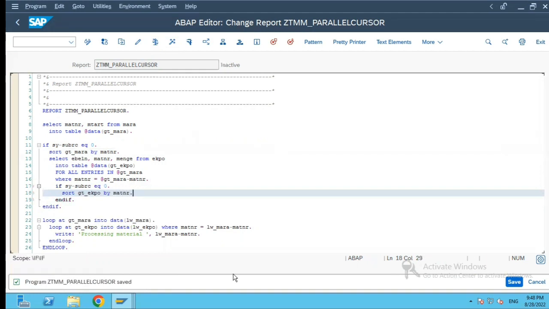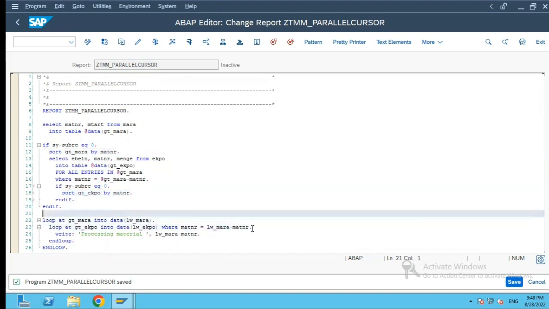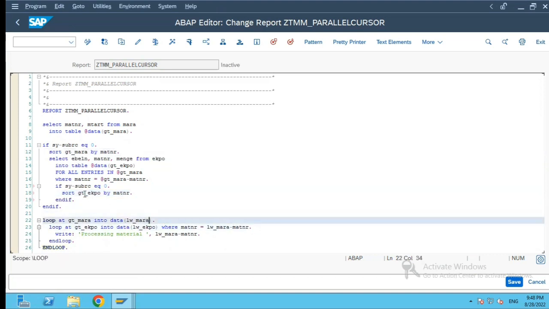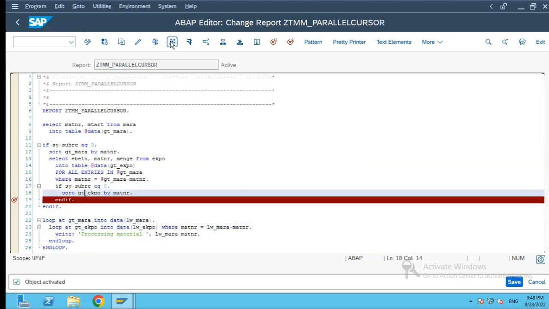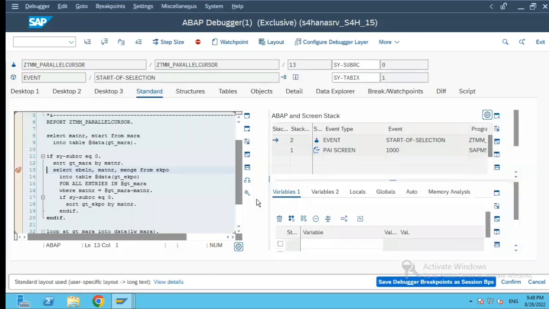So because the condition which is linking both these internal tables is material number, both these internal tables we will sort by MATNR, so that it becomes a sequential read rather than browsing the internal table every time till it finds a match. So it will be even more effective. Now if I execute it,